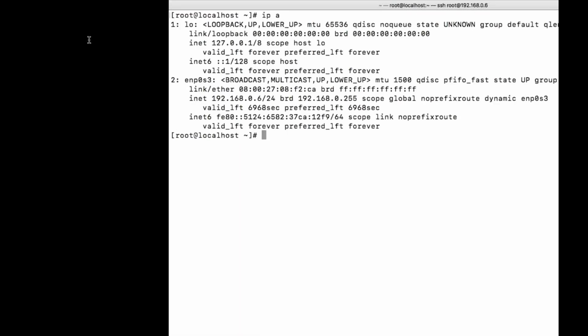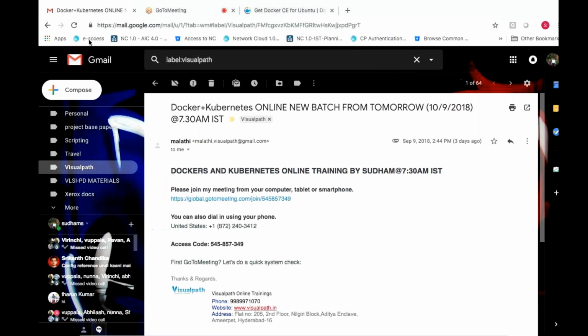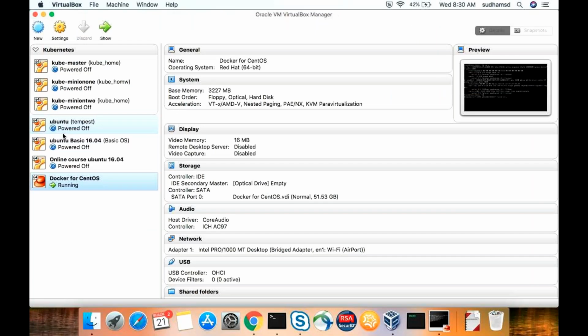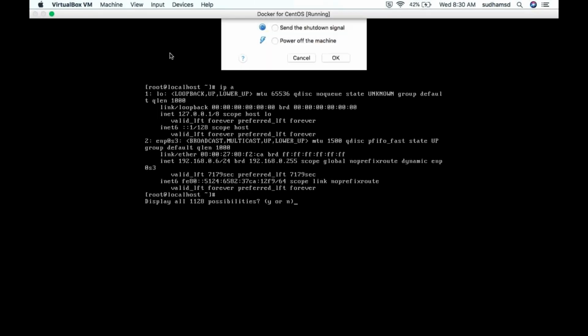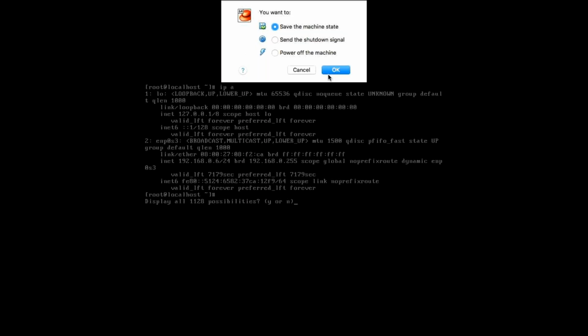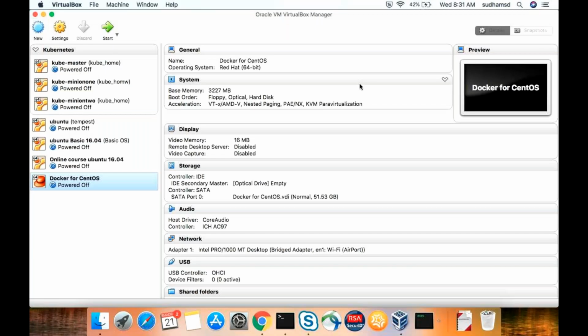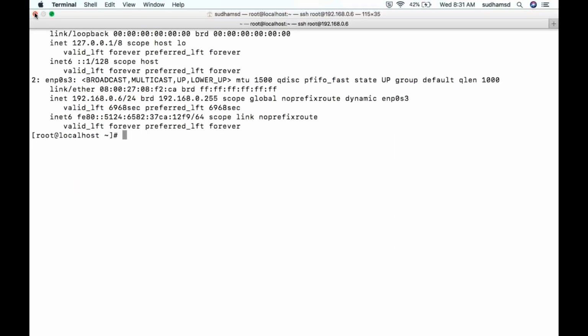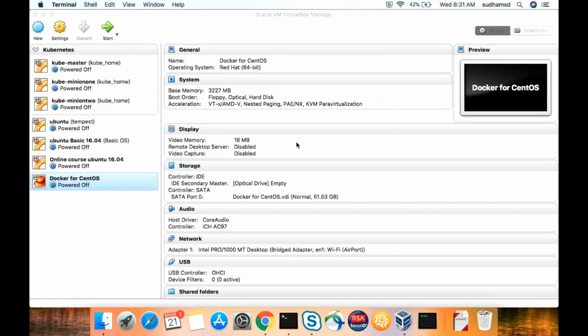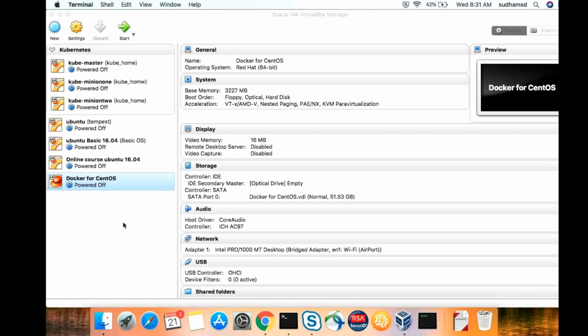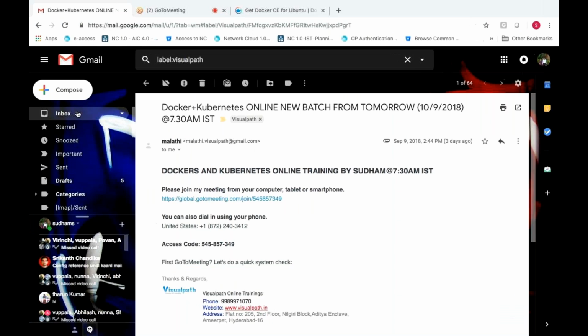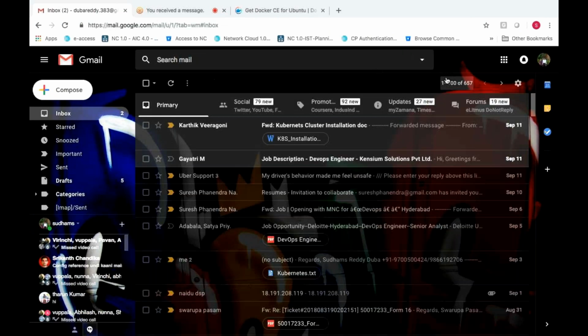Any questions, guys? So today we logged into the Ubuntu operating system and did the Docker installation.